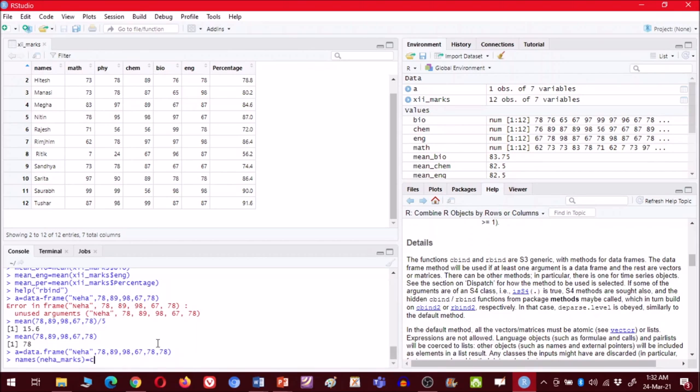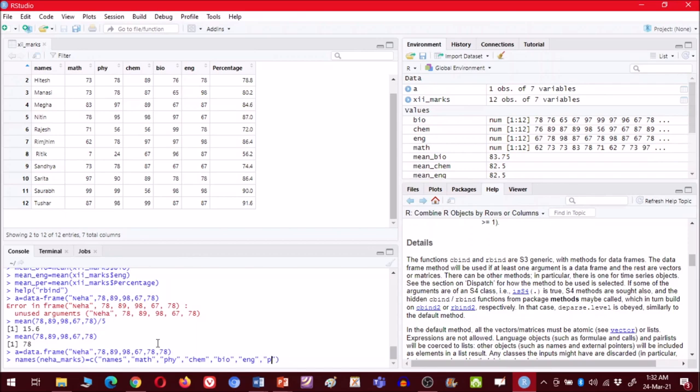So we will use the c formula. Now first is names, so it should be in inverted commas, "names", then separated by a comma, then math, then separated by a comma, then physics, okay, I forgot to separate it by comma, physics, chem, have to separate it by comma, chem, then bio, then English, and then Percentage, separated by a comma.